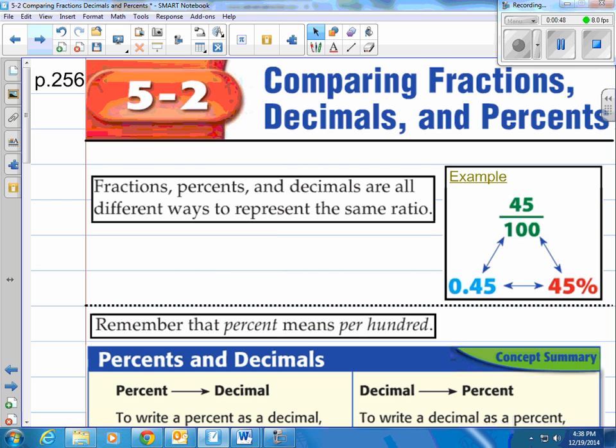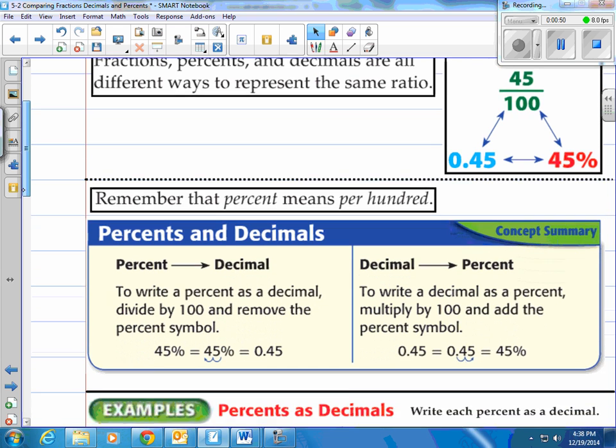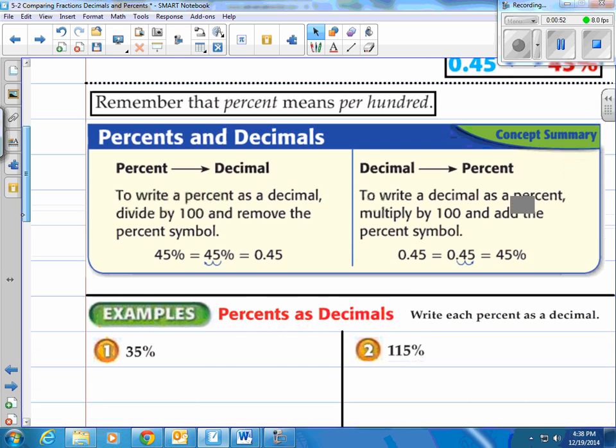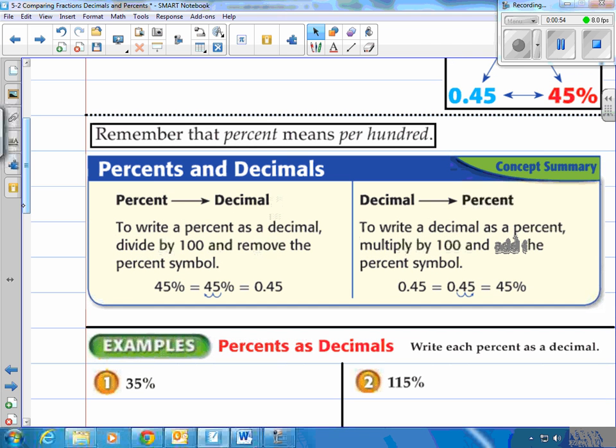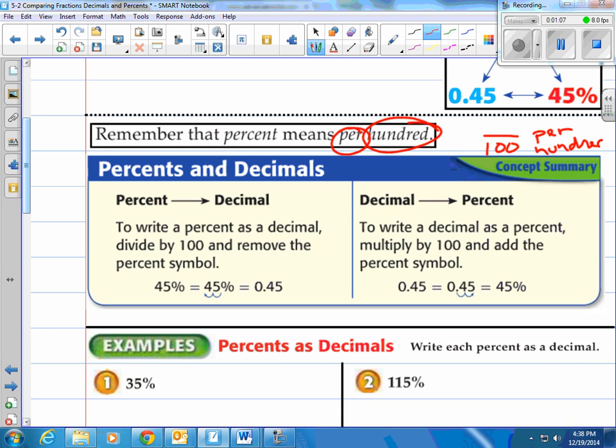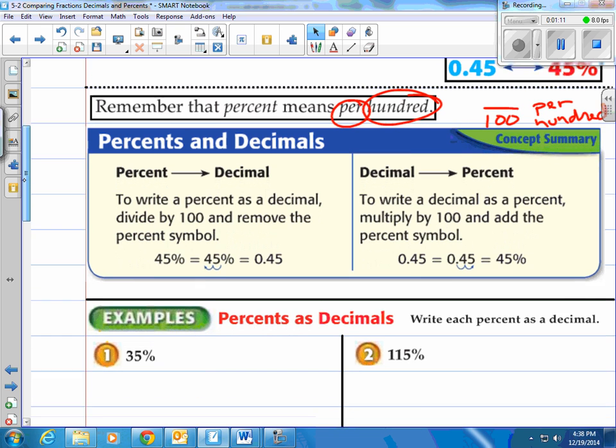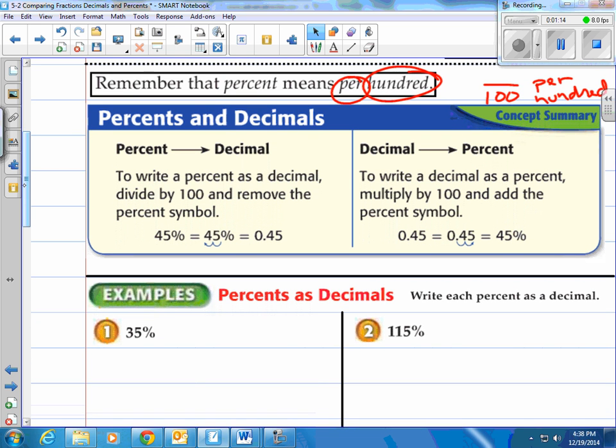Now it states here, remember that percent means per 100. Literally, that's what it means. It actually means divide by 100. So you'll see a lot of times where we write this actually means per 100. Anytime you divide by 100, you're getting a percent. Moreover, if you see here, our